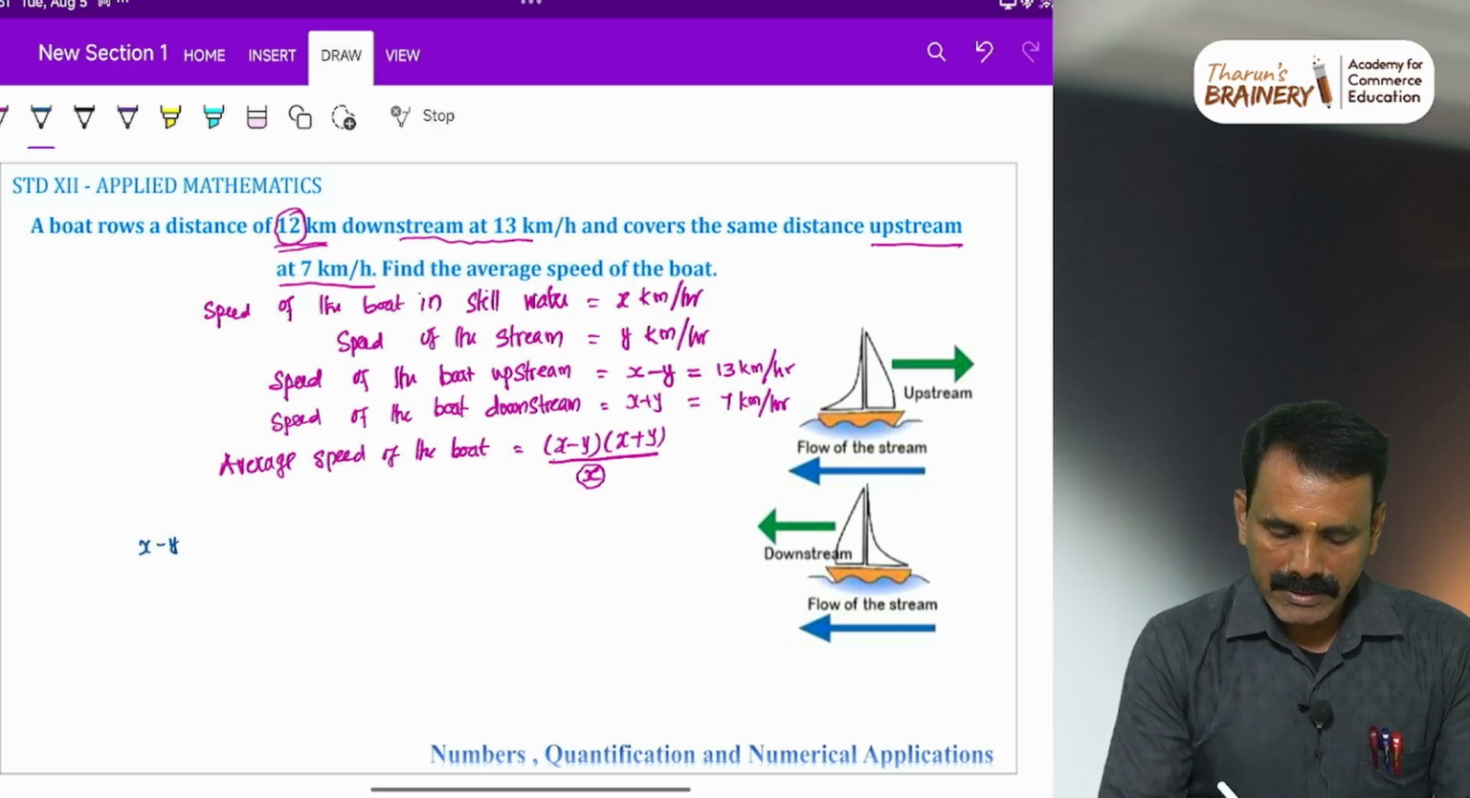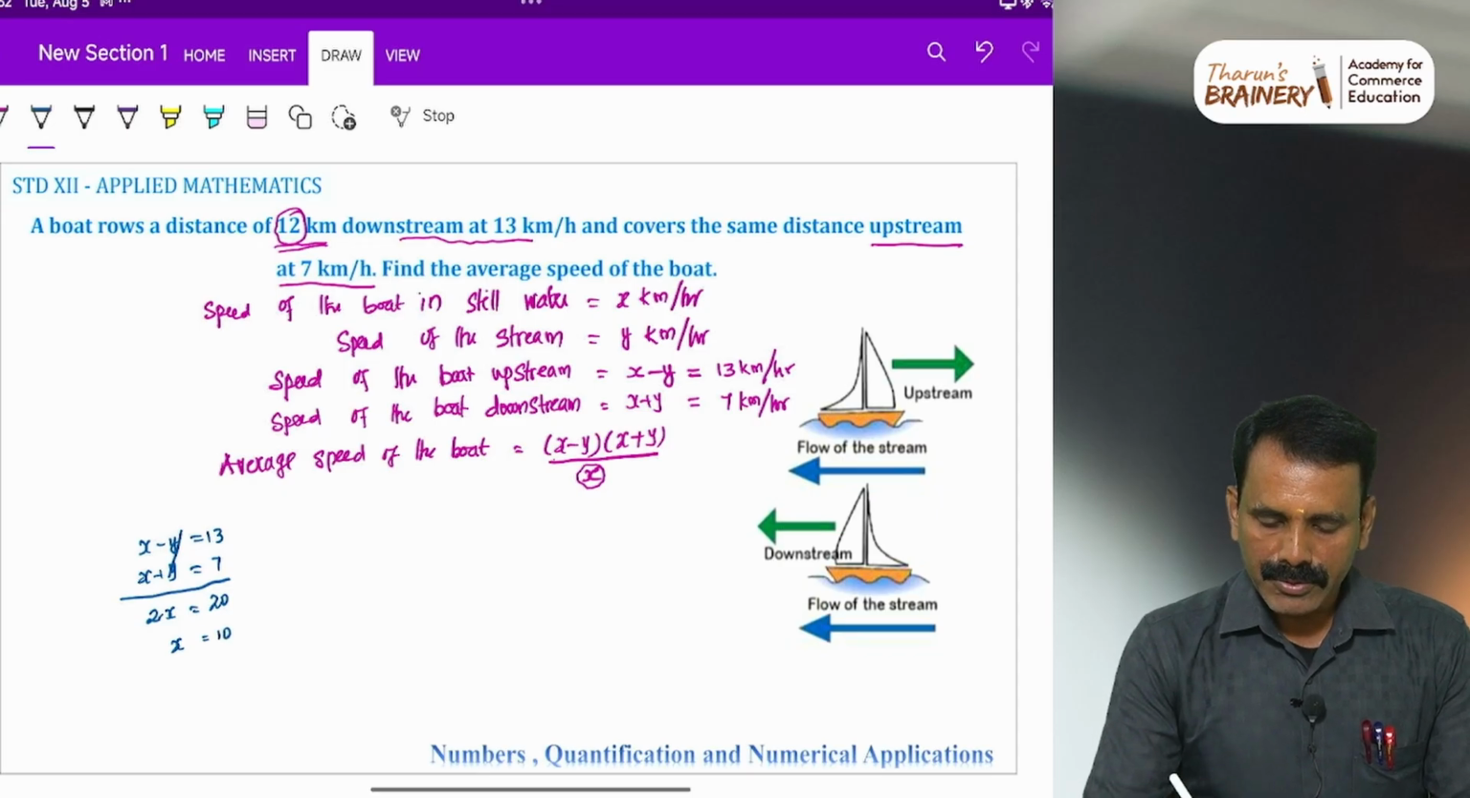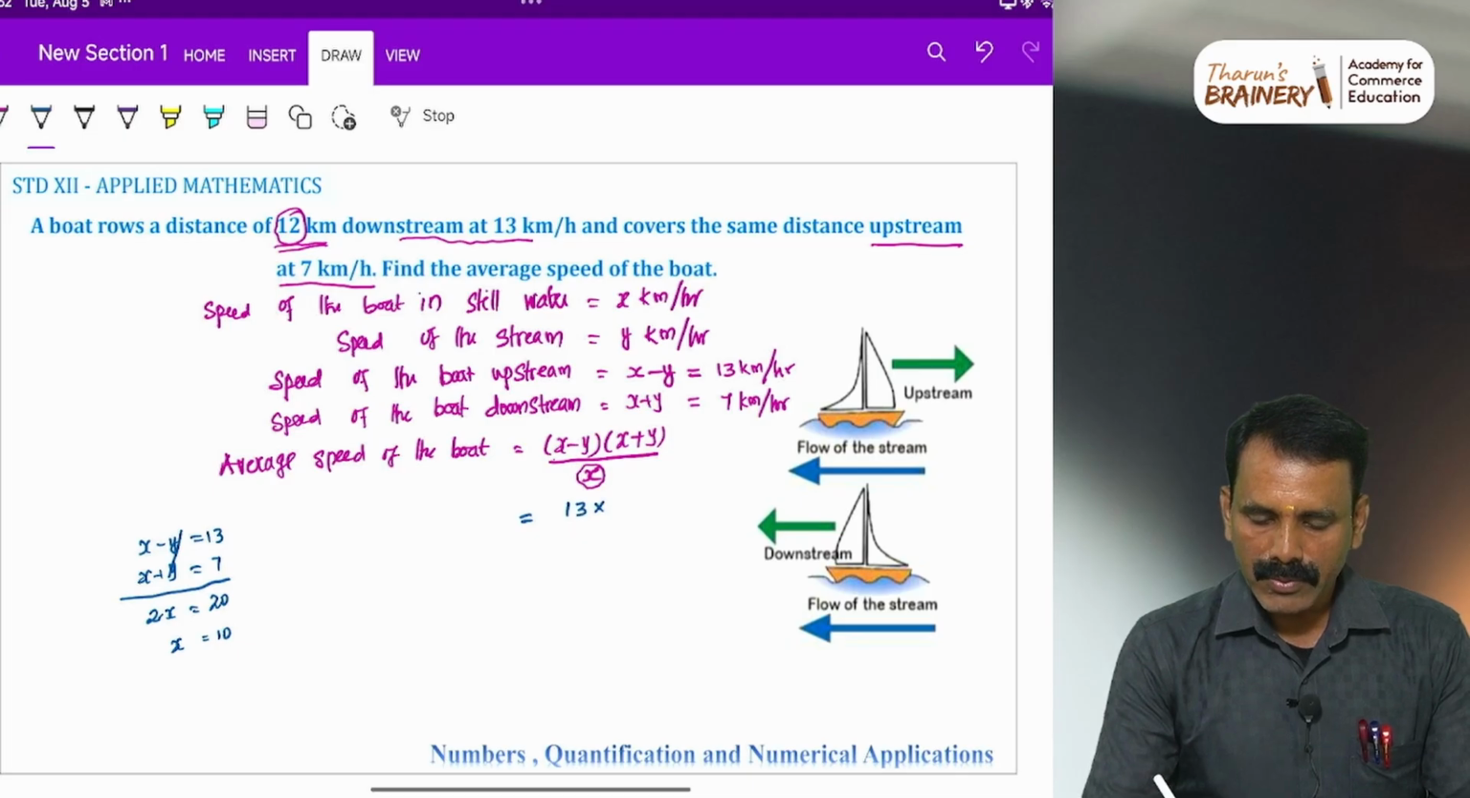x minus y is equal to 13, x plus y is equal to 7. We simplify this expression, 2x is equal to 20. So x is equal to 10. So we substitute here, x minus y is 13, x plus y is